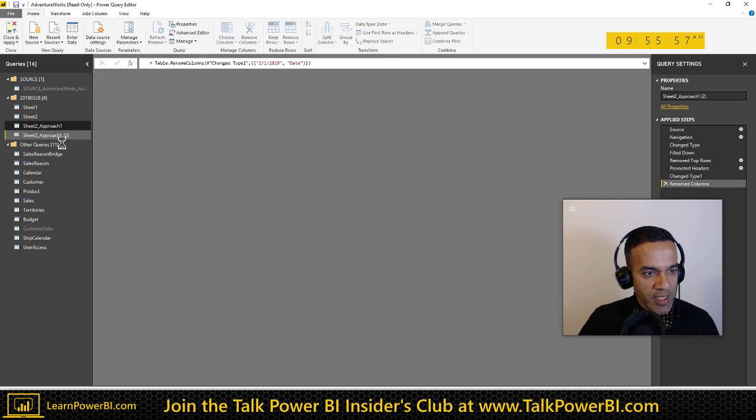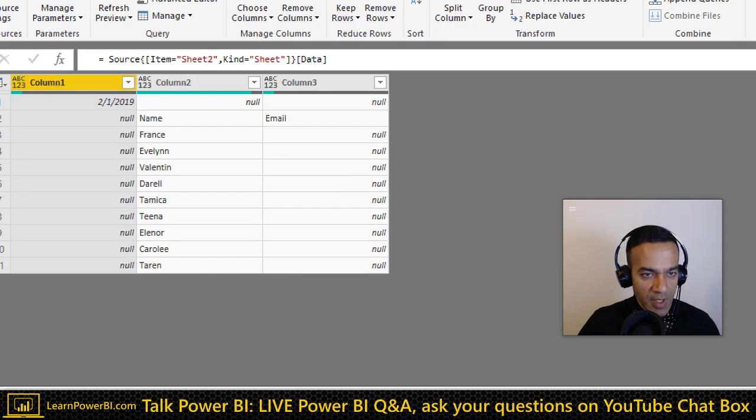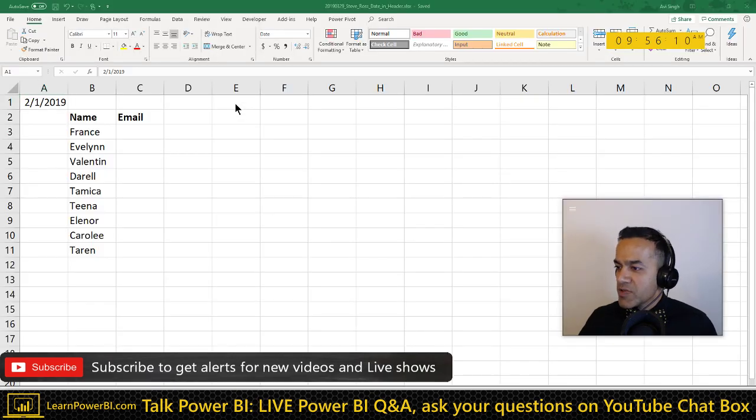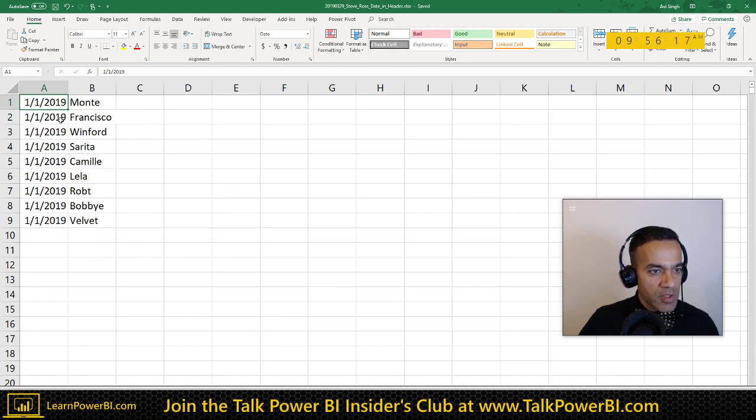So if you duplicate this, I'm going to switch this to sheet 1 and show that it doesn't work. So I'm going to go to the navigation step, and here where it says sheet 2, I'm just going to say, oh shoot, I changed the structure of the sheets. Let me go back really quick. So I'll do the same structure.